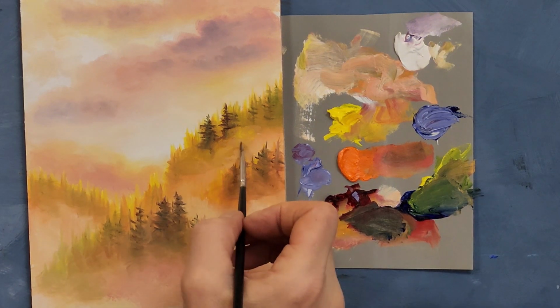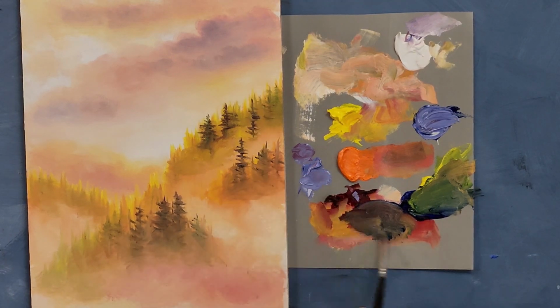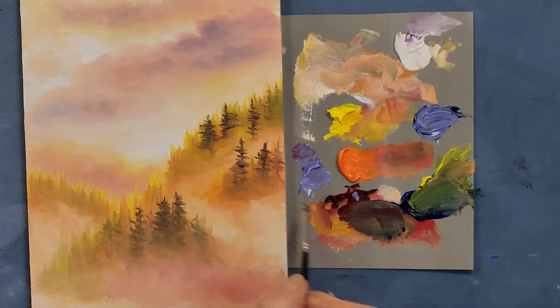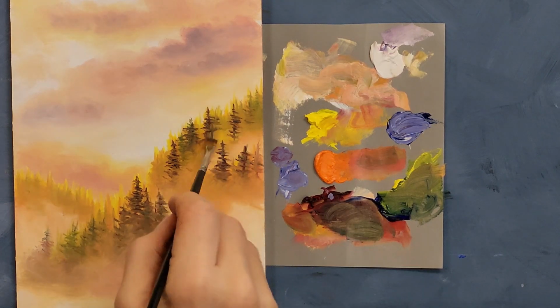I love that. I love when the fog rolls in. It creates such a beautiful mood. So you just keep, just make your trunks, make some dead trees if you want. In and out, up and down. You don't want those trees to be all the same height, so you go short to high to short to